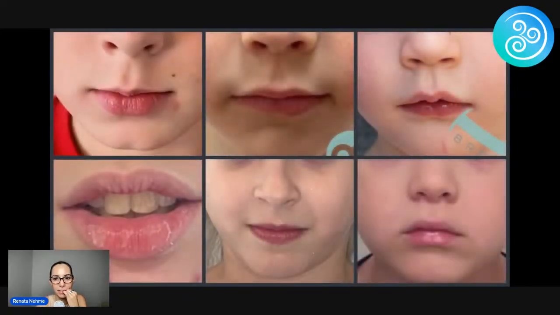But look, I had so many good things to show y'all. Can y'all see that? Beautiful. So these are things that are red flags, and we are looking for them in the dental office.